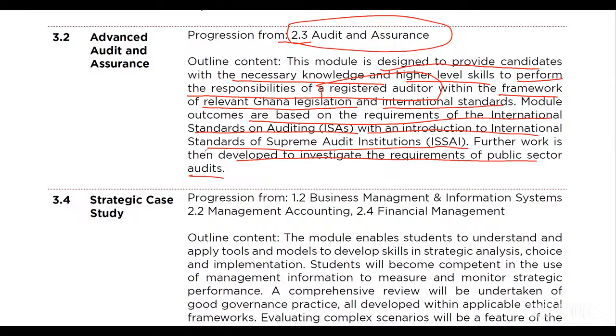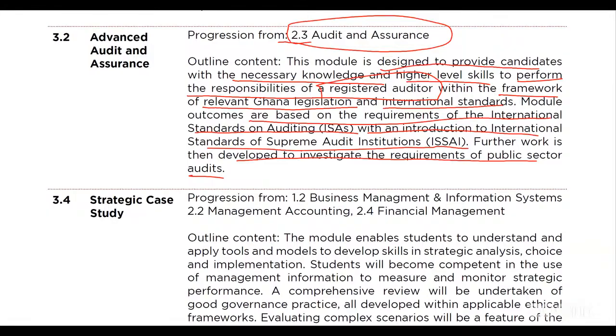So if you look at advanced audit itself, I'll be giving you some few tricks. We will look at some ICEs too, some common ICEs, what you need to understand. Now, when you get this for me, I believe you should be fine in the exam that you're going to write.